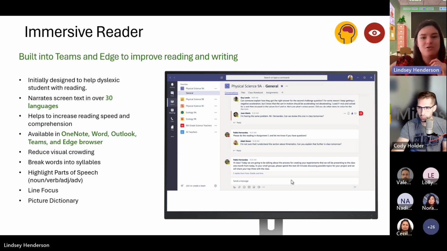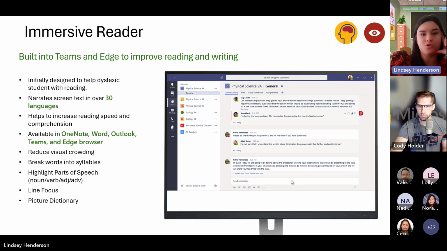And so you'll see here in the little high level demo, they take what's a normal article that maybe is hard to read and they put it into Immersive Reader. And that's going to give you the line focus. So you can spread it out to where you have 1, 3, or 5 lines going at a time. It's going to help people with ADD, cerebral palsy, attention issues, as well as dyslexia. It's built into OneNote, Word, Outlook, Teams, and the Edge browser.